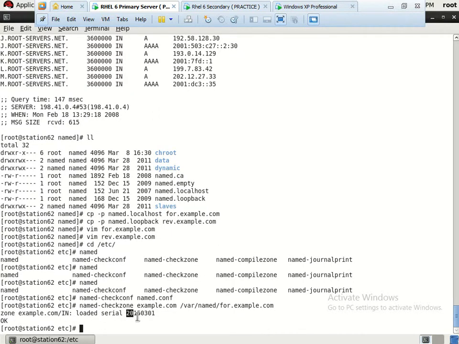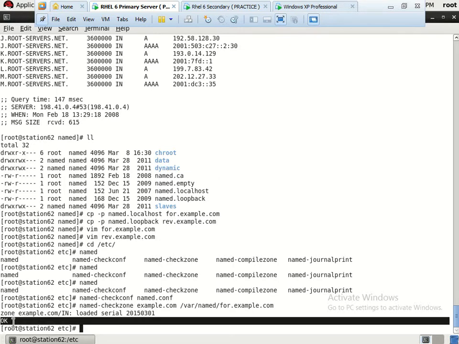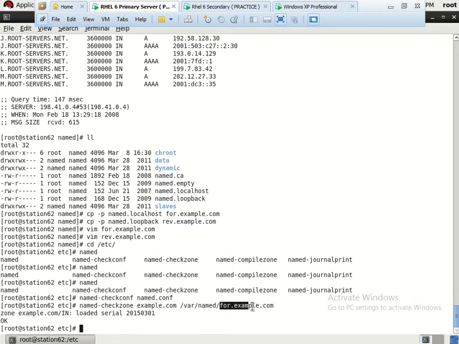Look, the serial 201503 is loaded and the syntax is okay, means the forward zone file is correctly configured. In the same manner you can check the reverse zone file also.